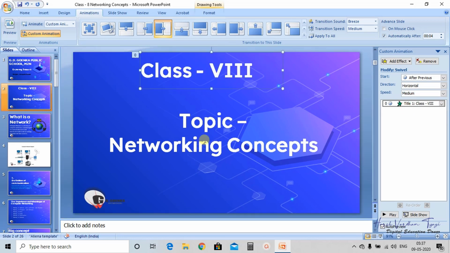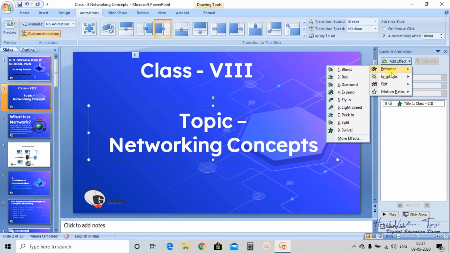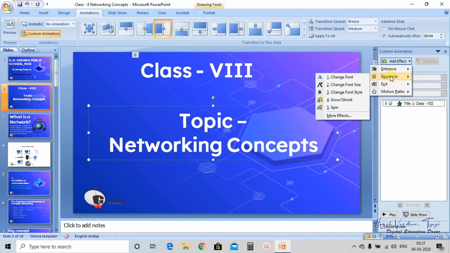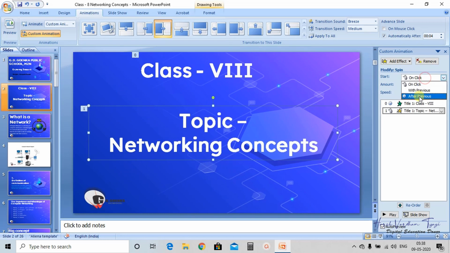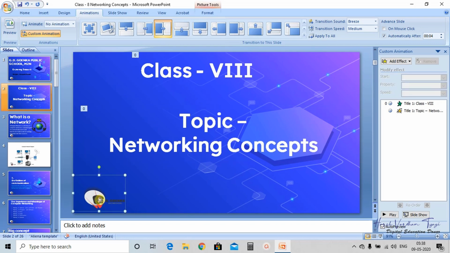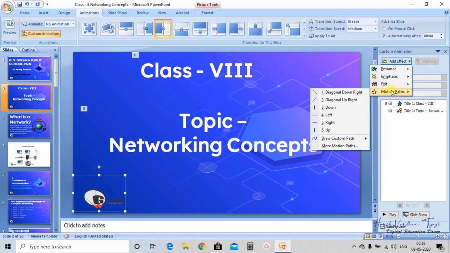Okay, now I am selecting the other text on my slide, then going to add effect, emphasize we can do, change font style, change font size, grow, spin we are selecting here, after previous 360 degree clockwise, speed medium. It's okay. And the last one, the logo, add effect. Then there is one option that is called motion path.